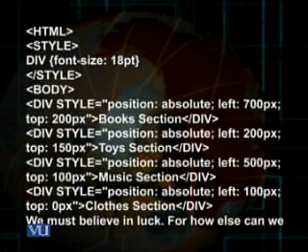In the second div, style again, position absolute, left 200, top 150, and I have written the words toys section, which would accordingly be displayed. In the third div, style, position absolute, left 500 pixels, top 100 pixels, and the words music section, they would therefore be shown according to these values. In the fourth div tag, style, position absolute, left 100 pixels, top 0 pixels, and the words enclosed are close